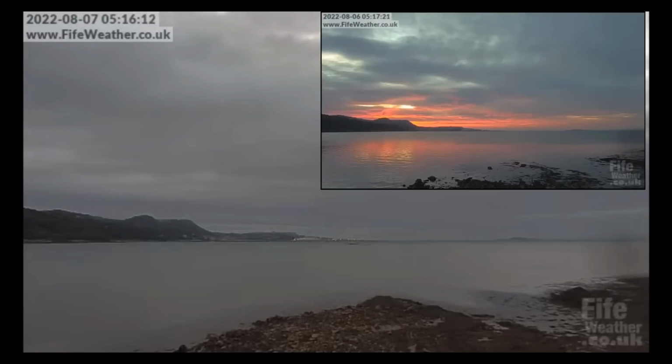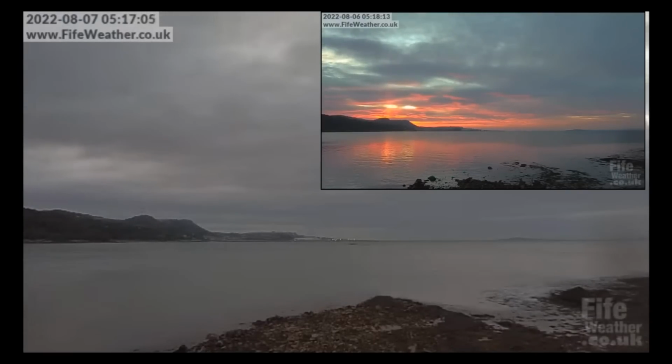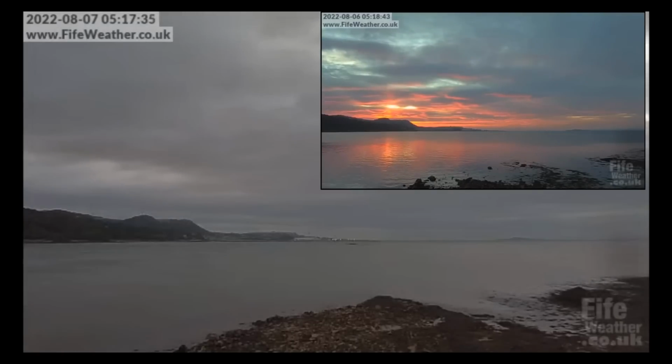So if you thought that this reddish color is coming from the rising sun, it's not, because there is not any trace of anything colored on the big picture from August 7th, which was today in the morning. Now you can see two additional objects in the sky above the hill, which are illuminated and which are not present on the big screen, on the big photo.